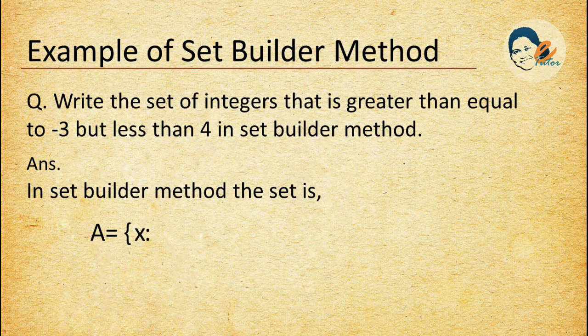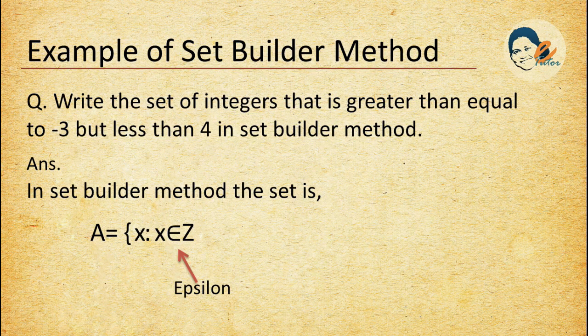So the first rule is that the set elements are integers. So X belongs to Z. This is a special Greek character, epsilon. Okay, it means an element belongs to that set, and Z is the symbol of integers. Like this, we have more general conventions, which I will discuss after this example. So, together it represents elements that belong to the set of integers.